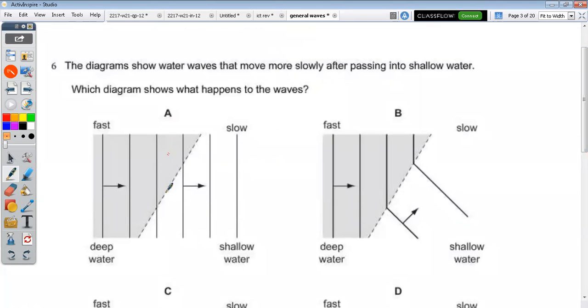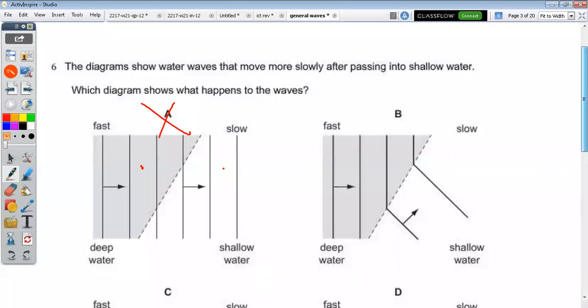Do you know what this suggests here? Who can explain what this is suggesting? Yes, it's a wrong answer, but what is this suggesting? This is suggesting that the wave has got the same speed in deep water and in shallow water, because the wave here is not being refracted. So that's a wrong answer, clear? Because it's remaining straight like this. Are we together? It's not true, because now they've got different densities. Are we together? Yes, sir.